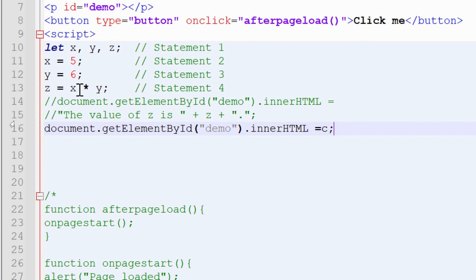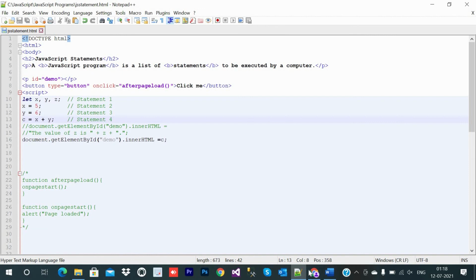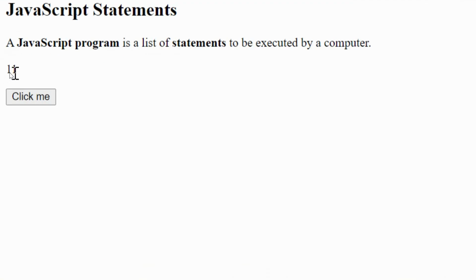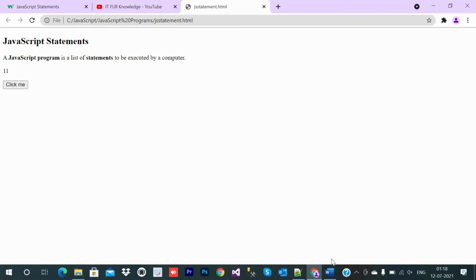So we can change it here, and here we can use plus. You can take anything, it is not necessary to take plus. I will zoom out so that you can copy the code. Just come here and refresh it. So here you can see 11 is coming. 5 plus 6 is 11.